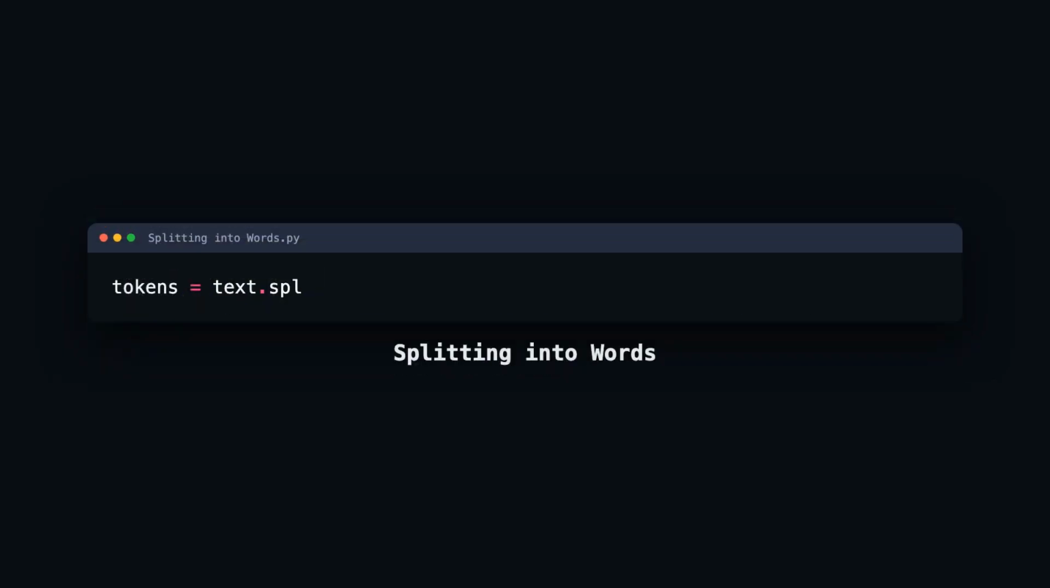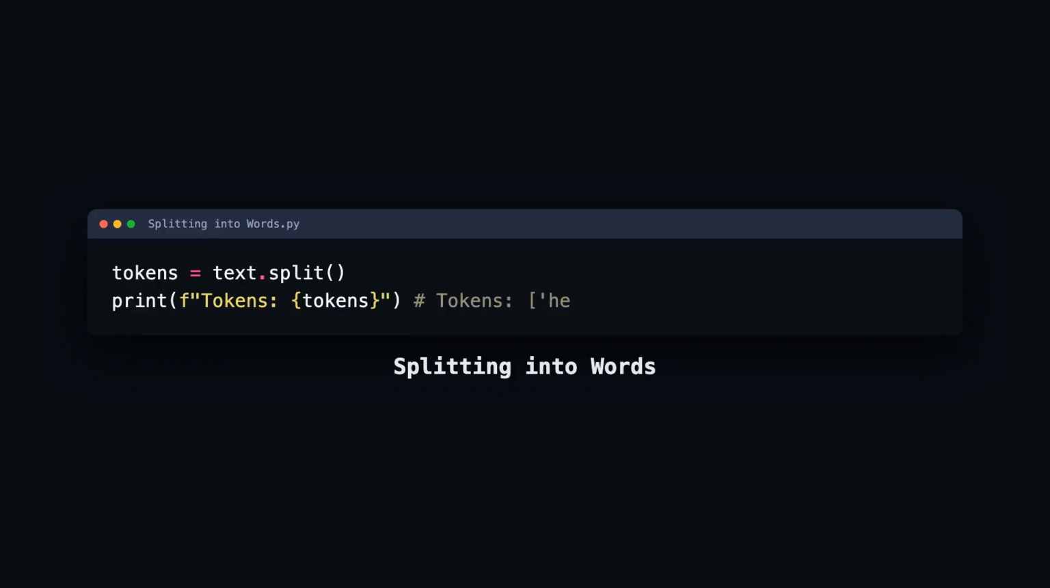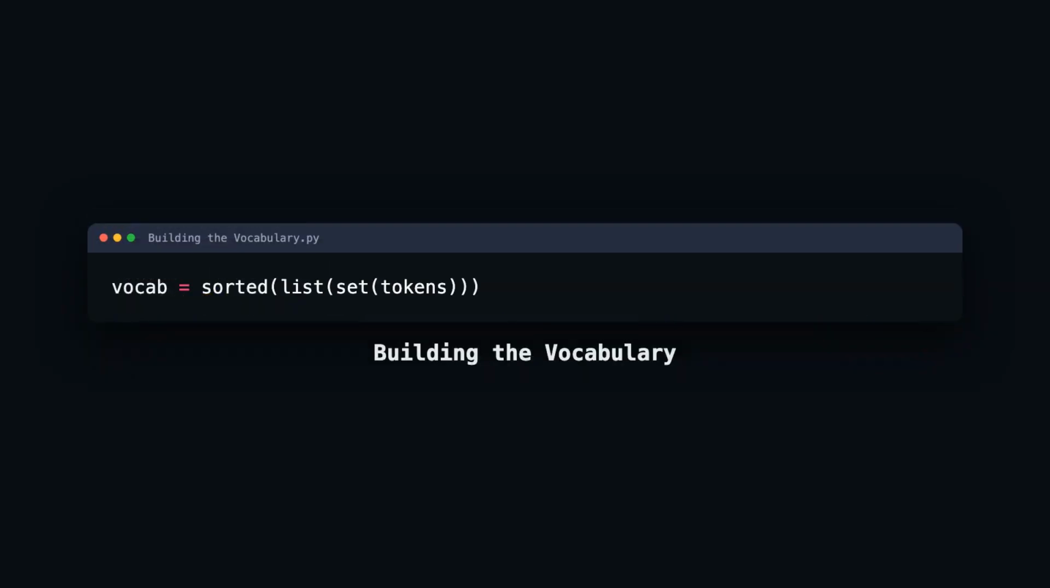Let's define our initial training sentence to work with. The simplest form of tokenization is white space splitting. We use the split method to break our string into a list of individual words. This creates a raw sequence of tokens that we can now analyze for uniqueness. Be careful, as this basic method fails to handle punctuation, like commas or periods, which would remain attached to the